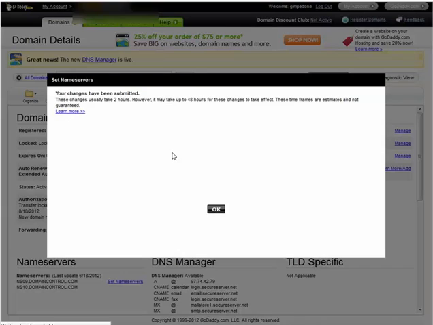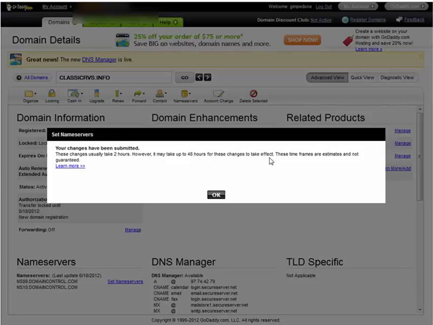Okay, so at this point, you've now set up your domain name, and you have set up your hosting account, and you've tied the two together. So you'll be able to install WordPress shortly. It may take a couple hours before you'll be able to find your domain name on the internet, because they have to attach to each other and propagate throughout the internet. In the next video,